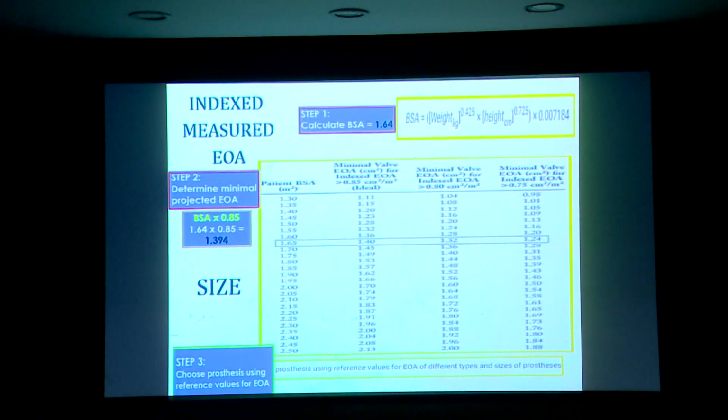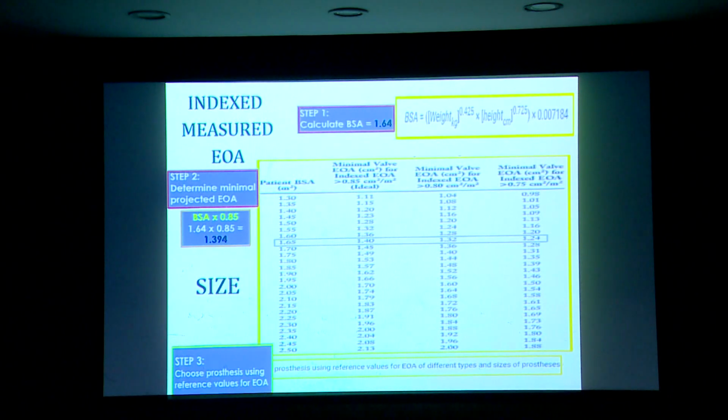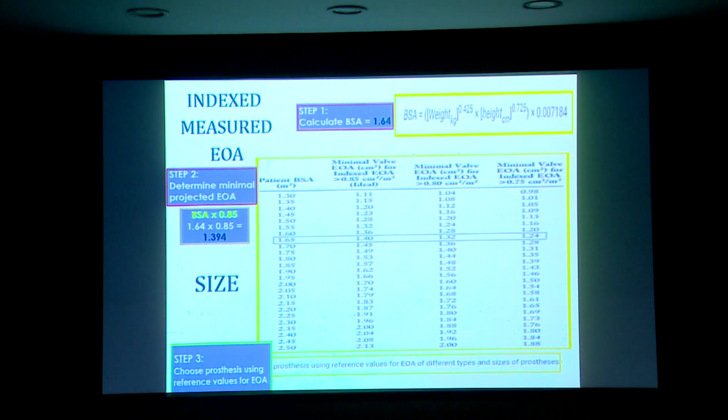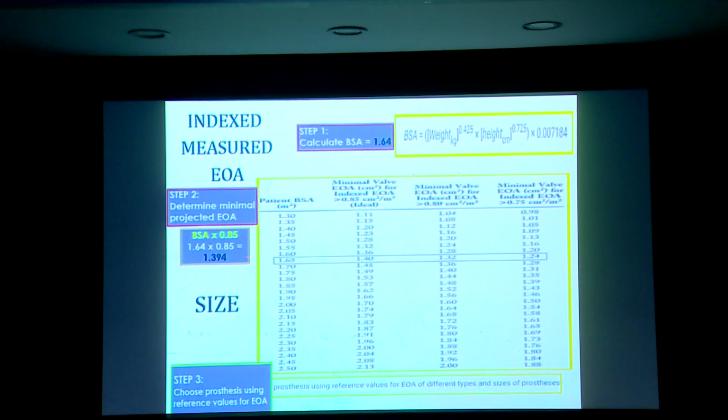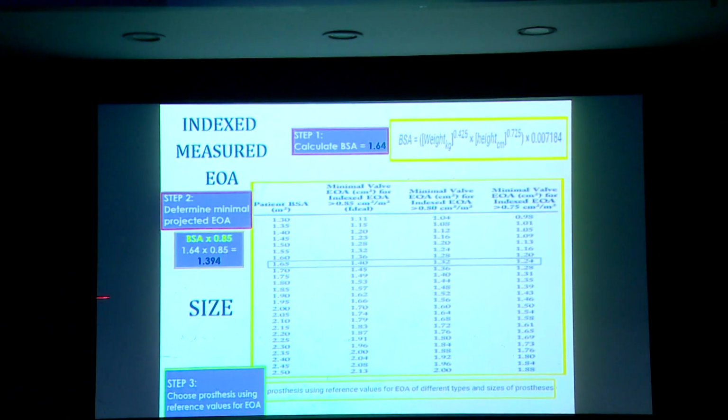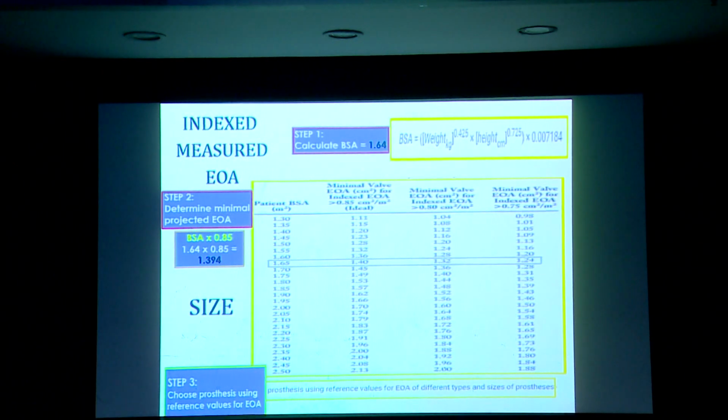You make a choice from the earlier table, which separates mechanical and bioprosthetic valves. Then the surgeon also decides what size can fit into the patient. But is it appropriate? To find that, we first need the patient's body surface area and multiply it by the minimal indexed EOA. Suppose you have taken the aortic valve, where the minimal indexed EOA is 0.85; you can have higher than that. If you multiply 0.85 by a body surface area of about 1.64, you get around 1.4. So 1.4 should be the reference area for the valve you're putting in.